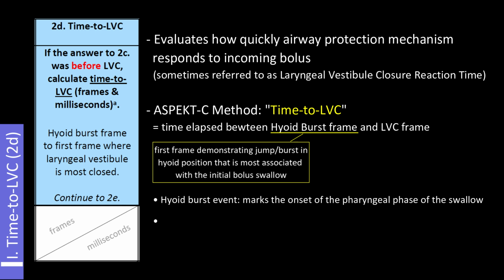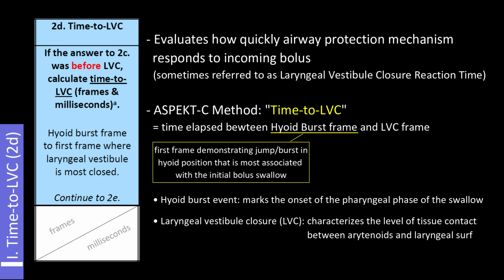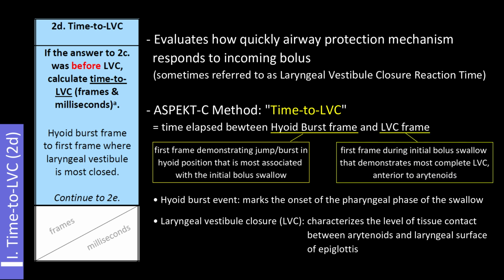At the other end, laryngeal vestibule closure is one of the most critical parameters associated with airway protection. It is characterized by the level of tissue contact between the arytenoids and the laryngeal surface of the epiglottis, that is, complete closure, partial closure, or incomplete closure. We define LVC frame as the first frame during the initial bolus swallow that demonstrates most complete laryngeal vestibule closure anterior to the arytenoids. For more information on hyoid burst and LVC frame selection, please refer to the instruction manual